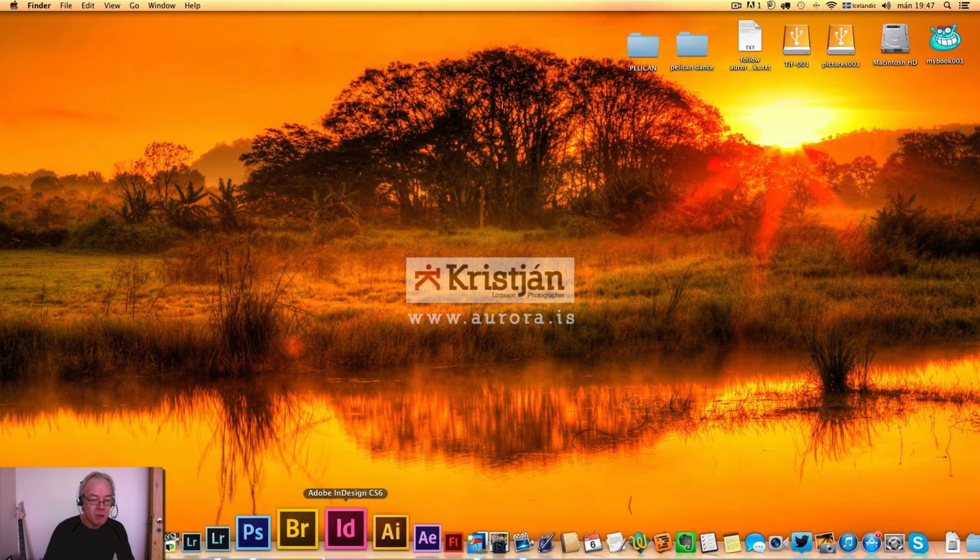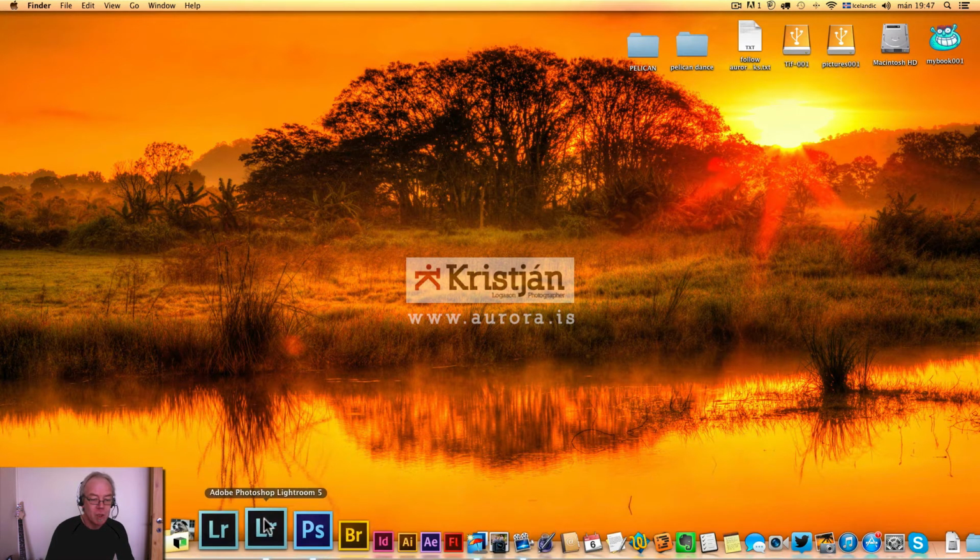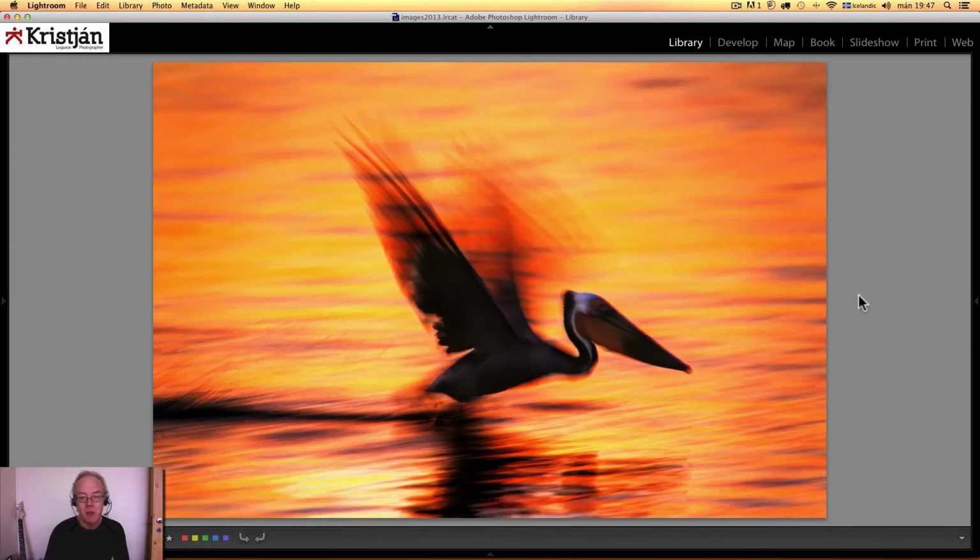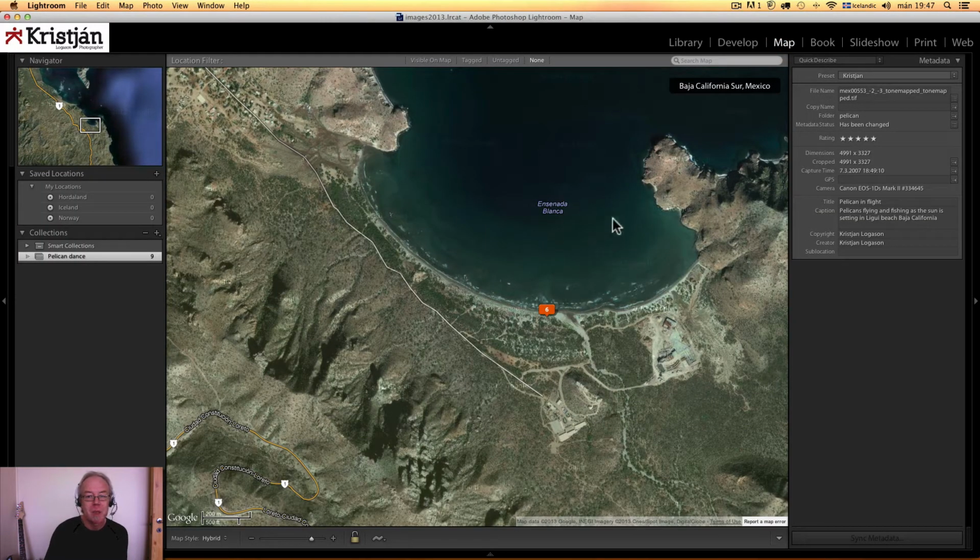The image in question, if we head over to Lightroom, is this image taken on the beach of Ligui in Baja California. If we check out the map, it's called here Ensenada Blanca, but by the locals it's called Ligui Beach. The town of Ligui is here, and the hotels that I talk about in the blog are in this area. We stayed on the beach here, and